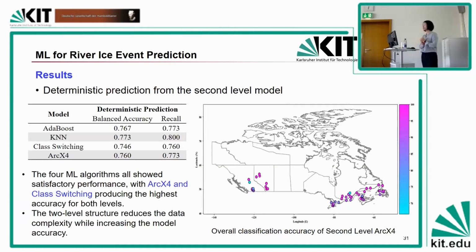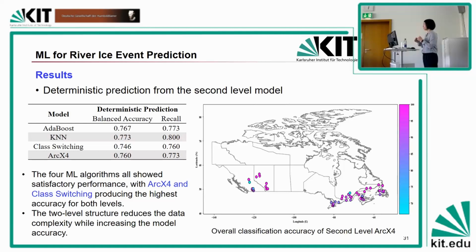And then here are some deterministic results. We got very good prediction accuracy. Environment Canada were very happy about this. We tried 4 different algorithms. Turned out that there were 2 that consistently performed very well. And we proved that the two-level structure worked really well. On one hand, it can save us a lot of time. On the other hand, it can provide